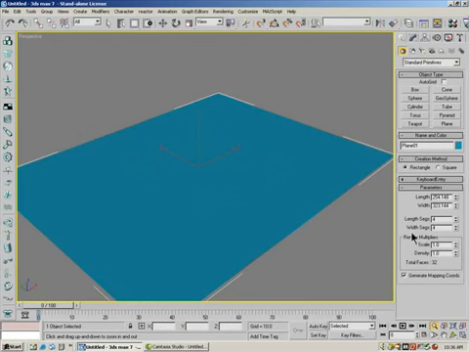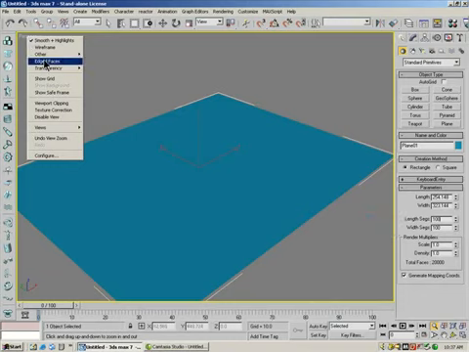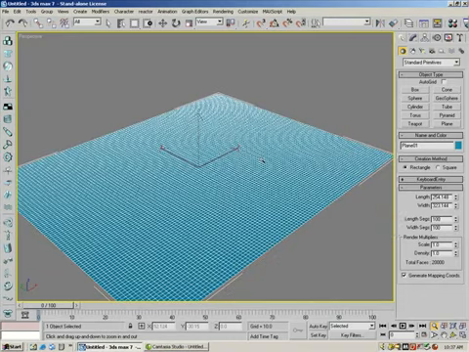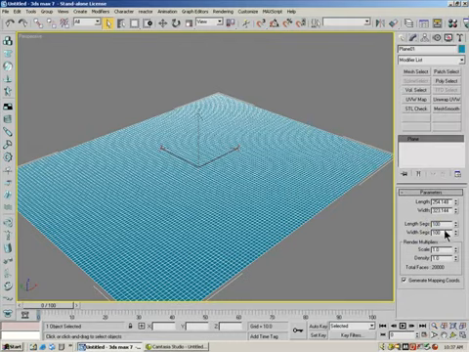And I need a whole bunch of segments in this. The more segments you have, the smoother it will be. I'm going to type in 100 by 100. And if I go to my edged faces, you'll see that that's quite a bit of segments. You can see that if I go any higher, like 200